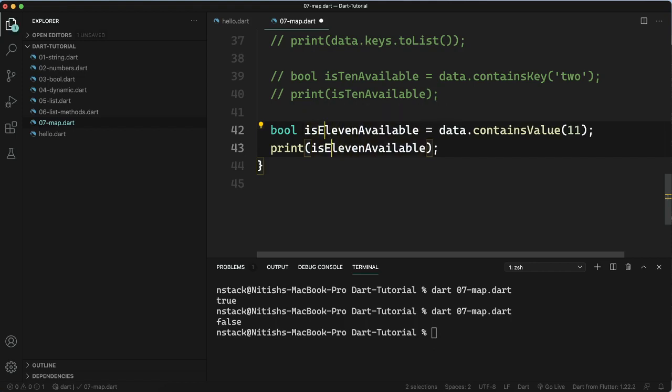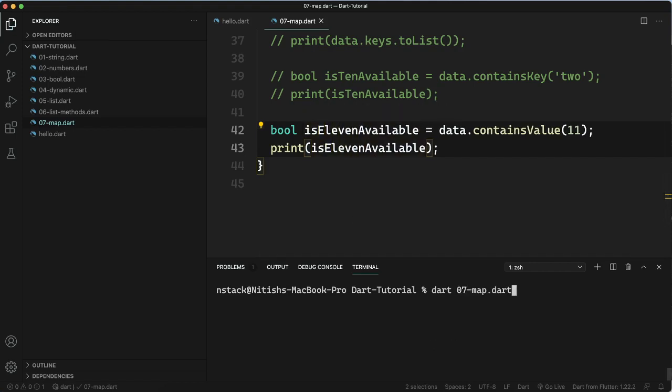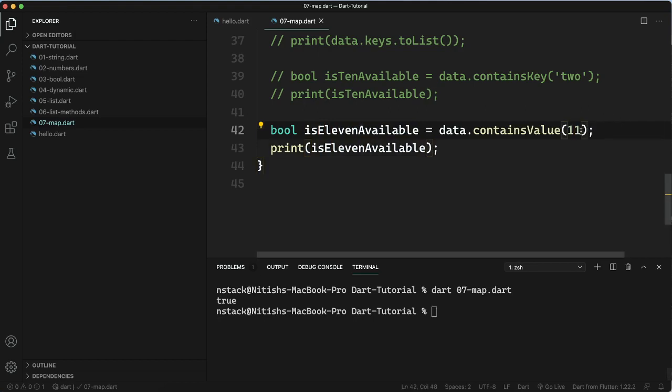Is 11 available? Let's run this. You can see it is saying true. Now if I test for 17, which is not available, it will say false. So I hope you got the idea that you can easily check if any value is present in the map, or if any key is present in the map.